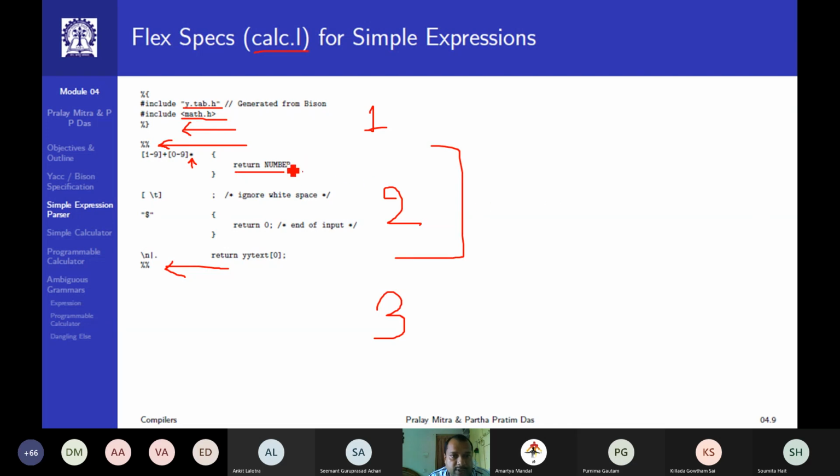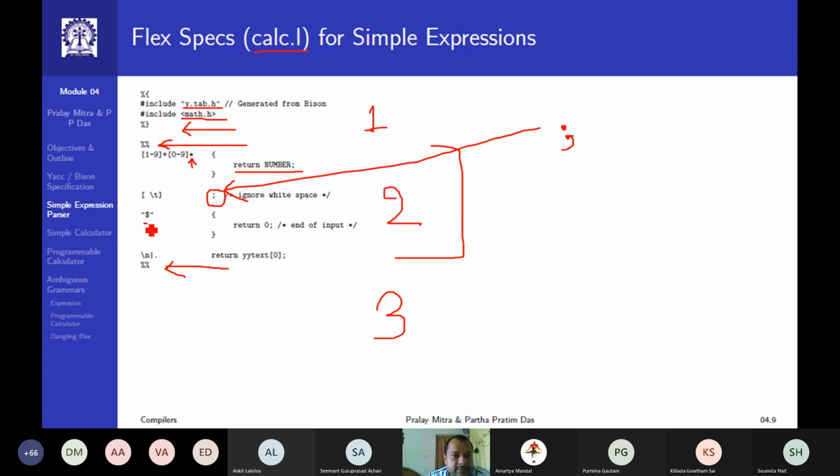What is number? I will come to that one. As of now, I didn't define what is number. If it is space, so you see that within square bracket, \t is given for tab, and \t is given with a space. So space and \t, if it is there, no action. That's why this is a semicolon. I mentioned that if it is an epsilon production or no action is required, then just write semicolon. So it is the semicolon.